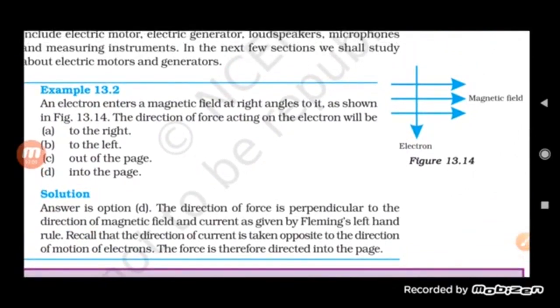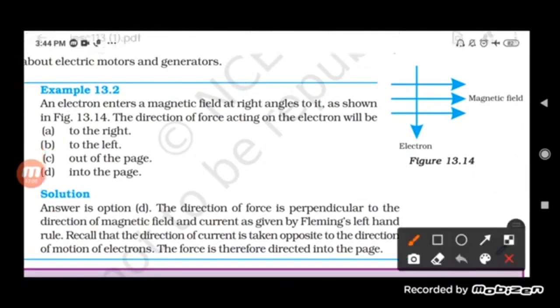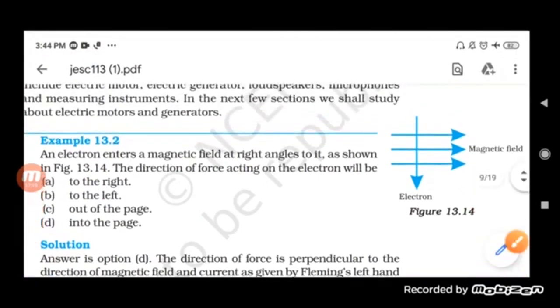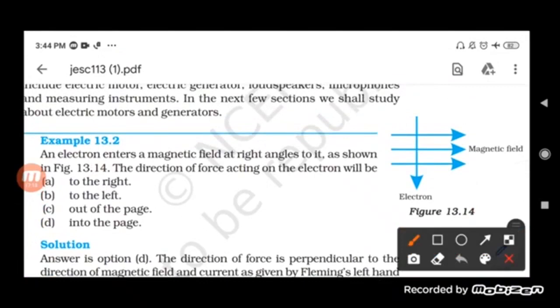Now, see here, a question is given that an electron enters a magnetic field at a right angle to it. So, if this is the magnetic field, the electron is entering like this only. Yes, it is already given. So, the electron enters the magnetic field at right angle to it, and the direction of force acting on the electron will be? So, obviously students, see here